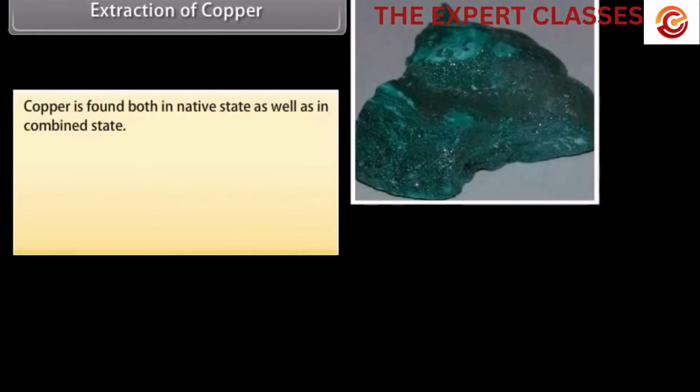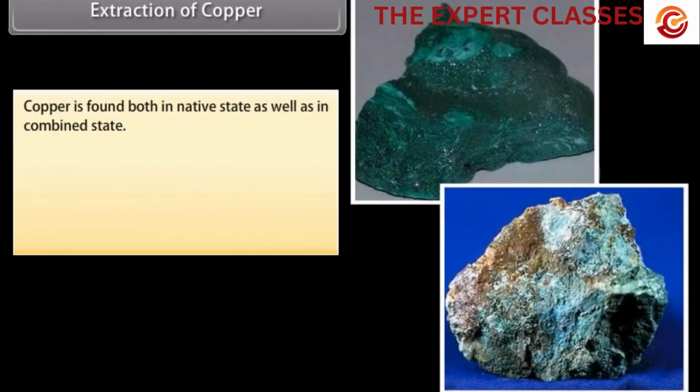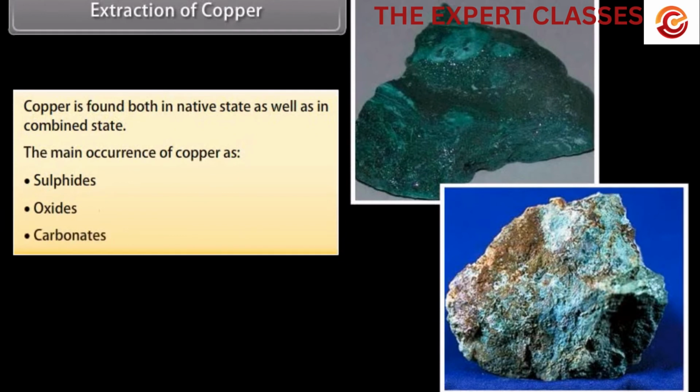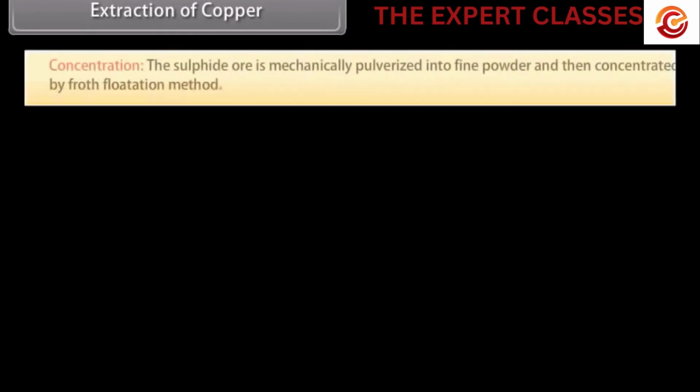Extraction of copper. Copper is found both in native state as well as in combined state. The main occurrence of copper is as sulfides, oxides, and carbonates. The important steps involved in the extraction of copper are concentration,